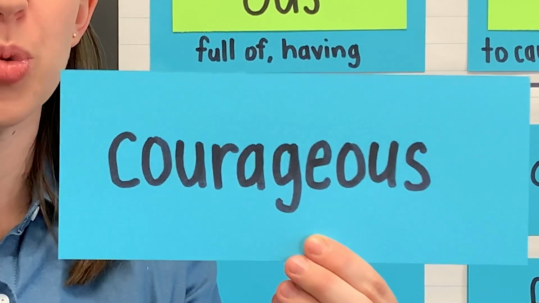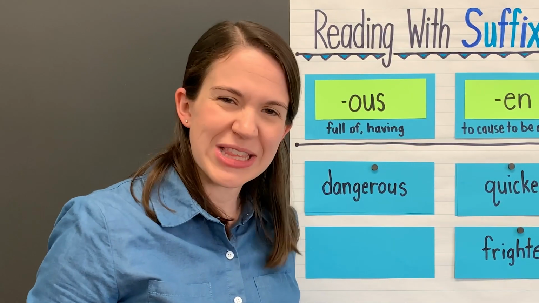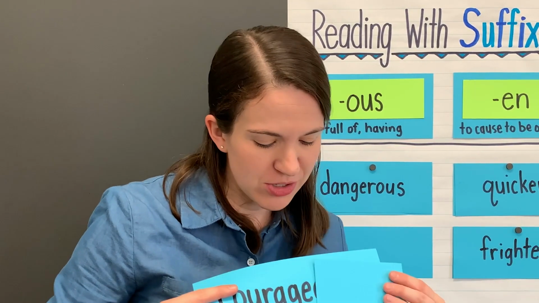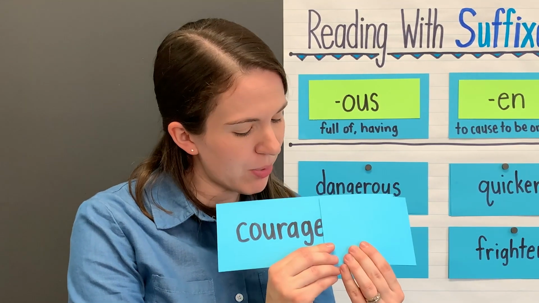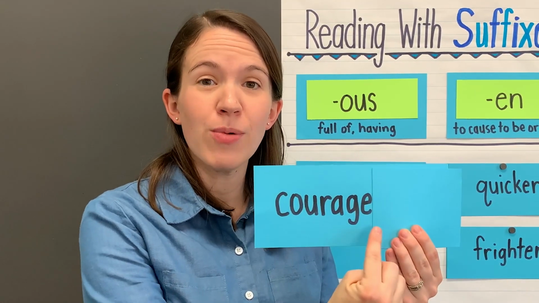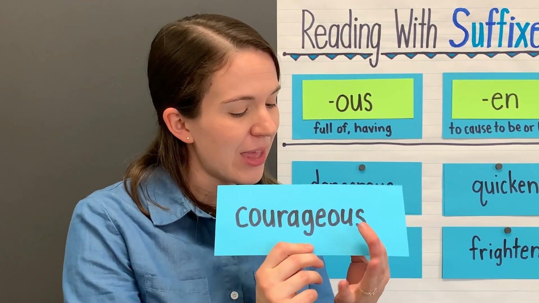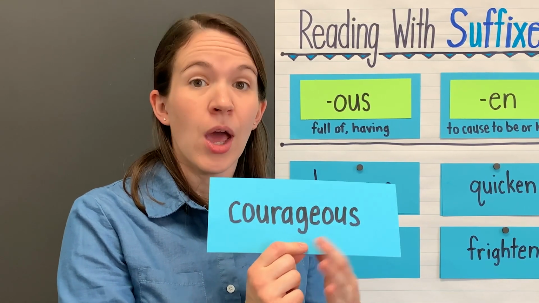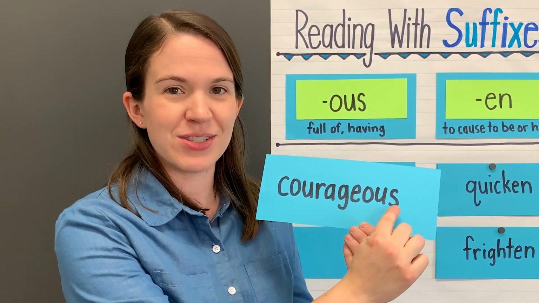Courageous. This word is courageous. Now, when we read this word in two parts, first taking off the suffix, you'll notice something interesting. We pronounce this base word courage, courage. Then we have the ous suffix. When we put it together, we don't say courage-ous, we say